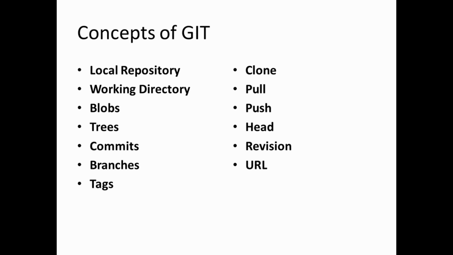Now these are the terminologies or concepts which you are going to use; whenever you talk about Git, these terminologies will come. Local repository: it provides a private workplace as a working copy on your local machine. Developers make changes in their private workplace, and after commit, that will be synced to your repository server. You get it, right?